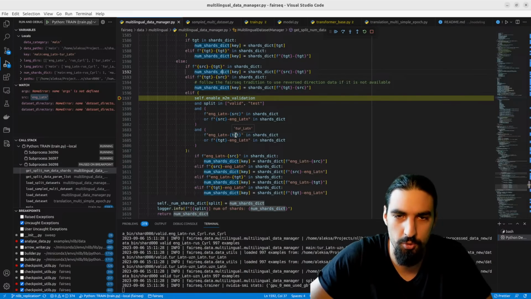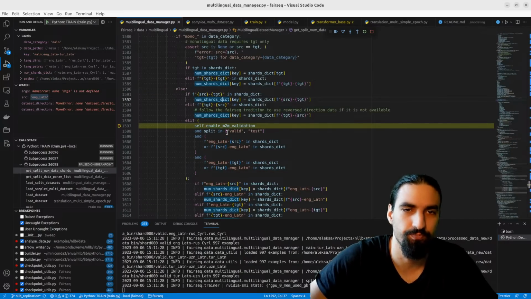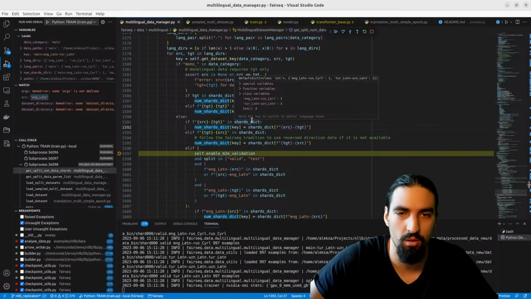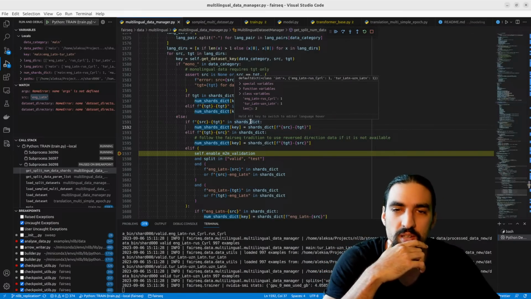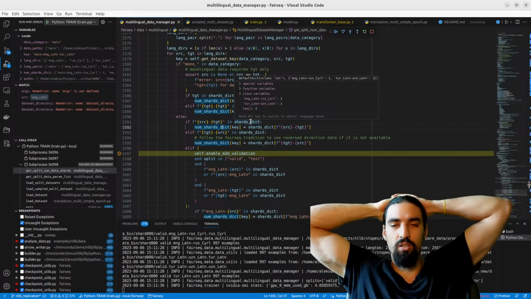So if this was true, then we would go here and do what? We would be adding M2M, English Latin, Turkish Latin. Got it. So because this one is not, got it. So this one does not exist in the shards dictionary for valid.